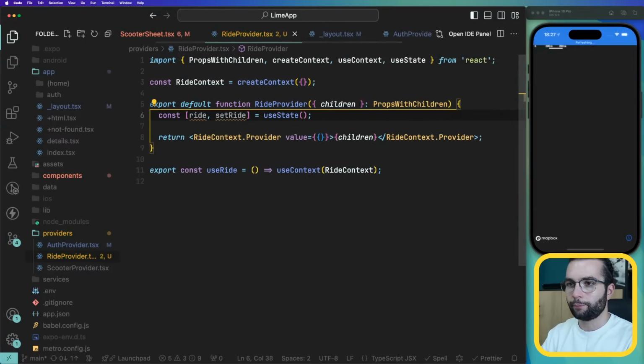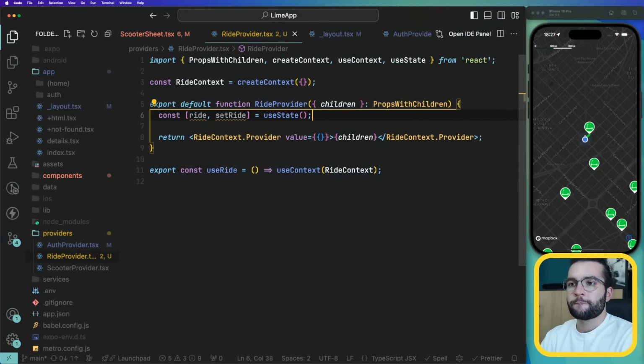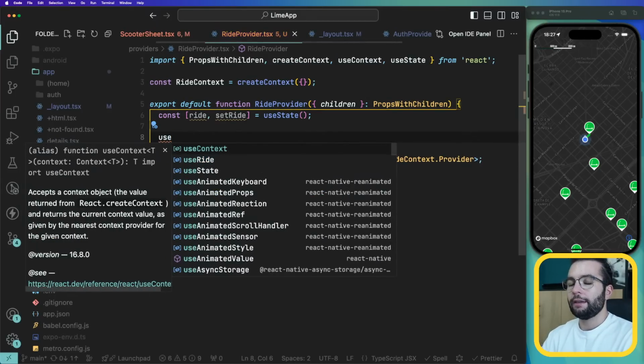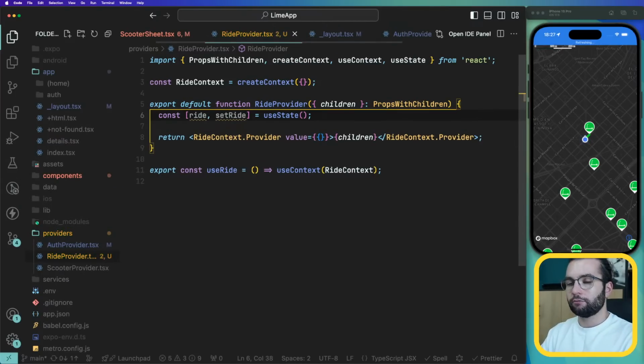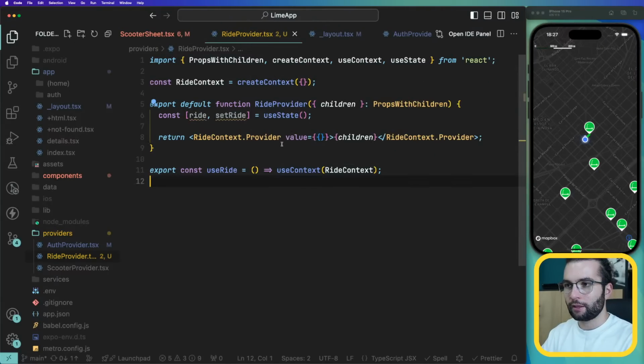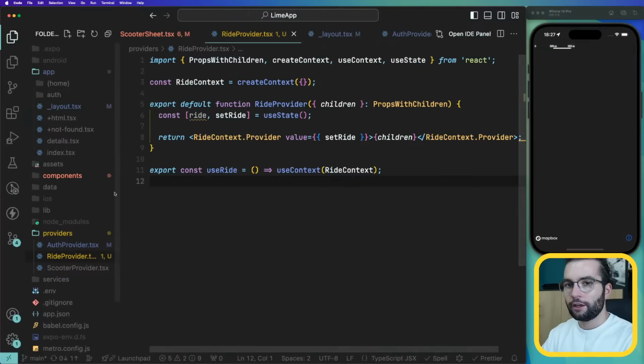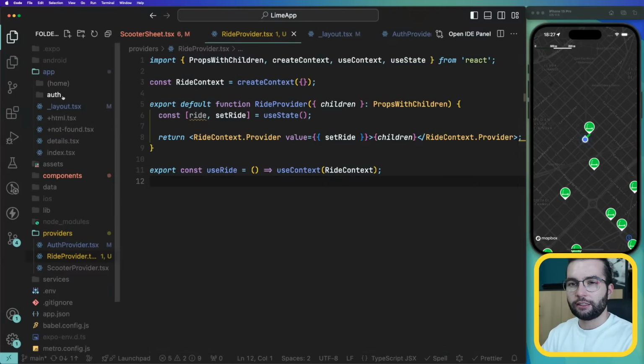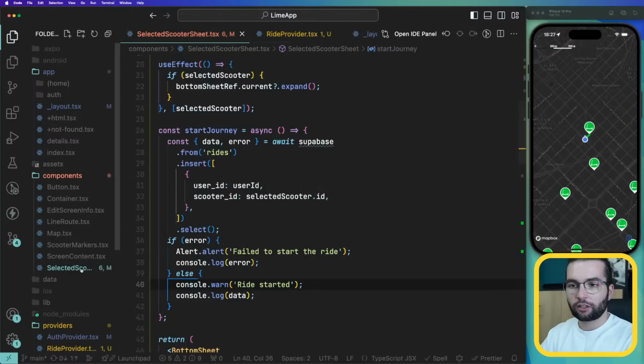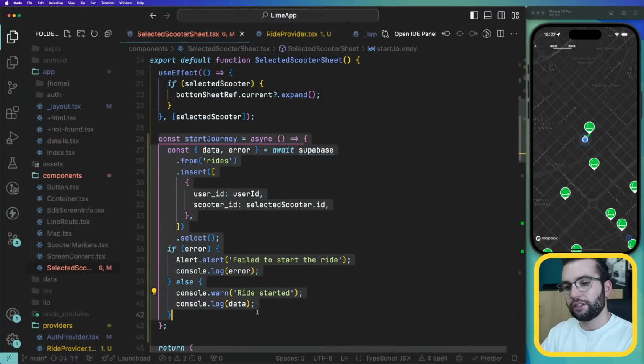Initial is going to be null. Let's export this set ride. And inside our components, when we call this start journey,